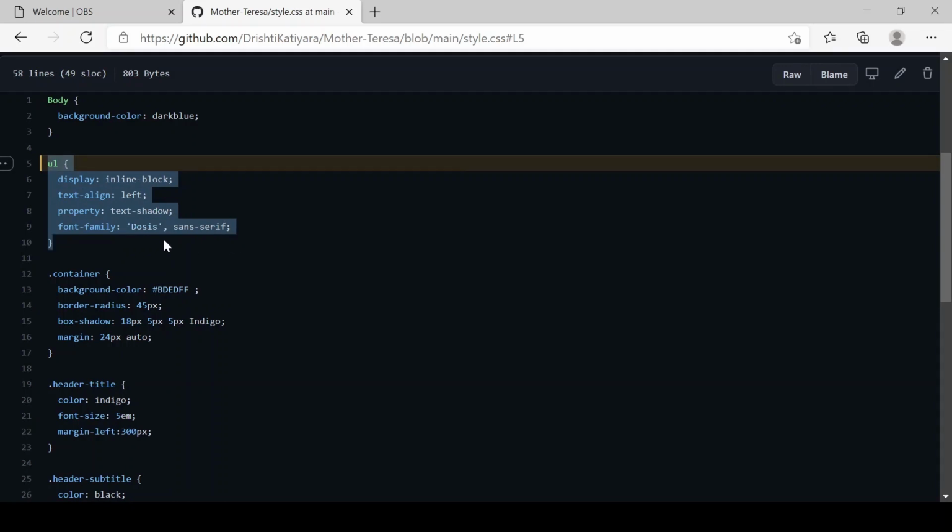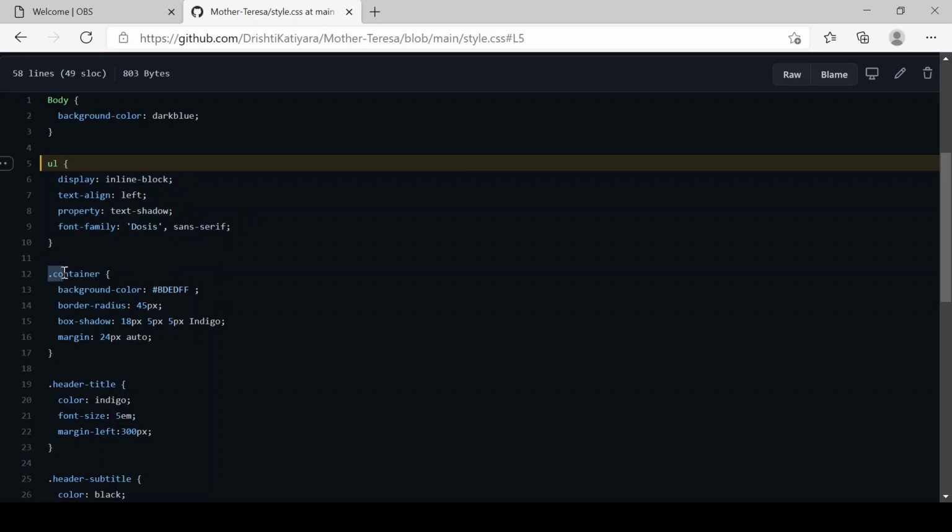In this, we have included various properties like display, the text alignment, the property of the text, how the text would look, and the font which we want for the text. We can also specify various other things such as background color or the text color which we want. We can also change the size of the text.